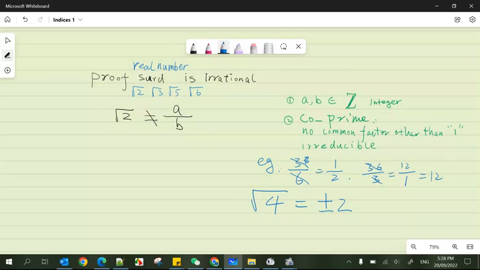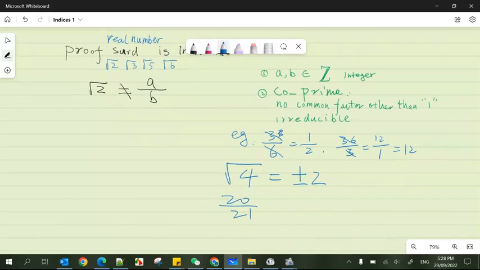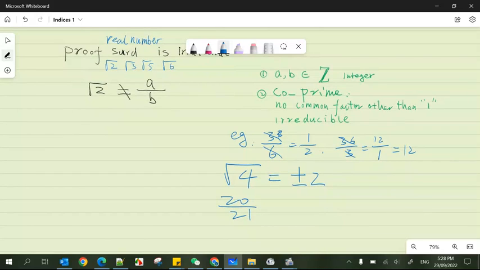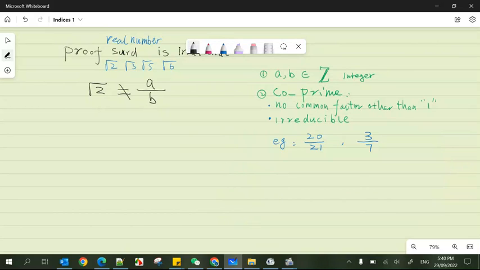Let's see this example, 20 over 21. This is exactly co-prime because they cannot be simplified anymore. Although 20 is an even number and not a prime number, 20 and 21 cannot be reduced. Now to prove square root 2 is not equal to a over b, firstly, we can assume square root